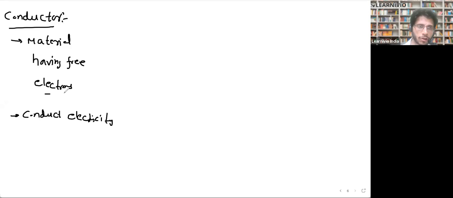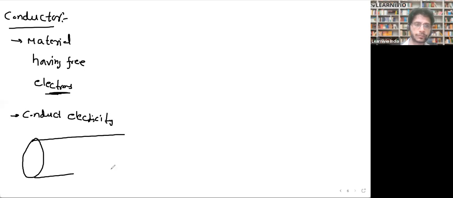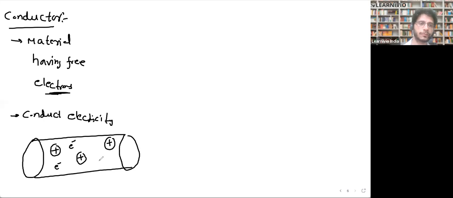Basically, these electrons are responsible for all properties of conductors. We have already discussed conductors in the second chapter. What are the constituents of a conductor? While we are studying current electricity, the two things of our interest are free electrons and ions. So a conductor has these two important things: one is free electrons, another is ions. This is an ion and this is a free electron.